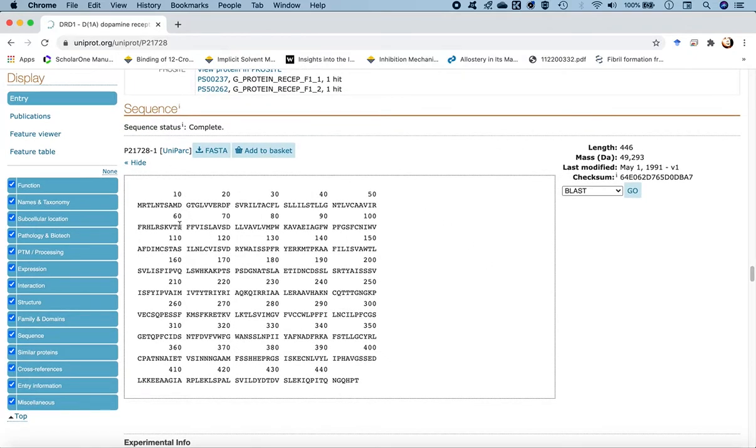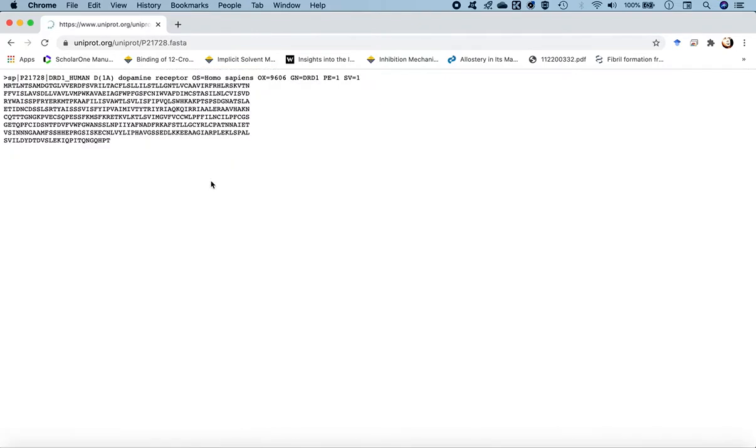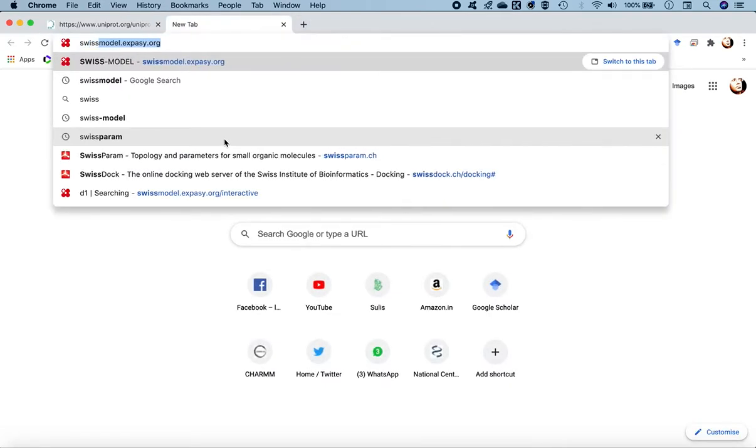So you see the sequence, it starts from residue number 1 until 446. That's the total number of residues in the dopamine D1 receptor protein. We look for the FASTA sequence, so we click on FASTA. We obtain the FASTA sequence here, and so we make a copy of this. So we highlight the whole lot of it. And then we copy this and we go and open the SwissModel page, which is